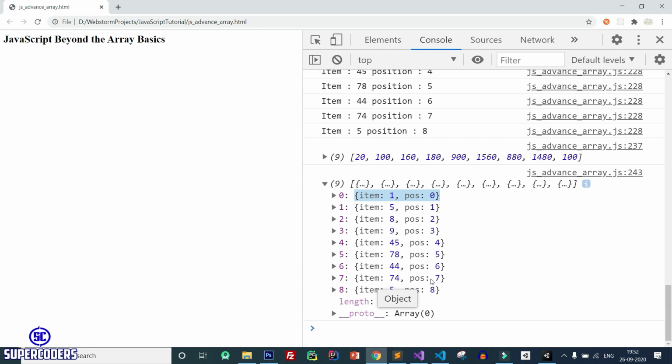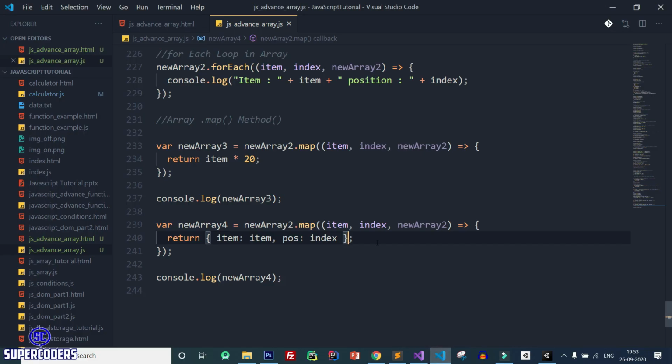So in this way you can create a copy of an array using the .map method with some modification or customization in data. So here it is just a simple example of how you can modify the data of an array using the .map method to work with each item of the array. Also the .map method is very useful when you are working with React.js. You can see it used in React.js also.